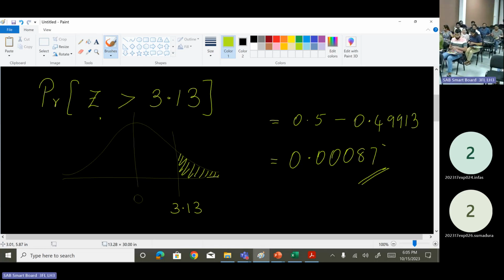So I have uploaded a probability problem sheet also. Print it, then we don't have to write the questions. Straight away we can just